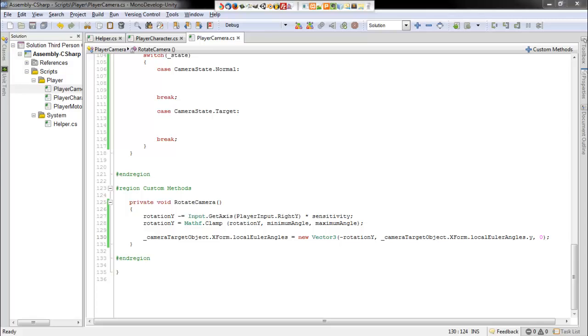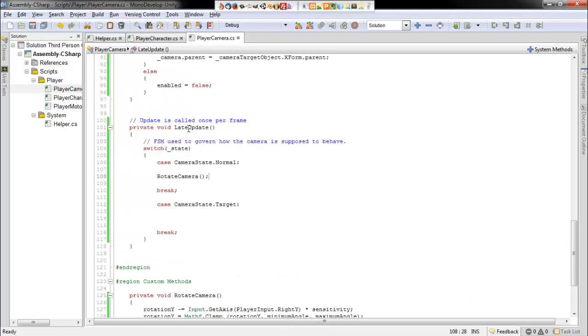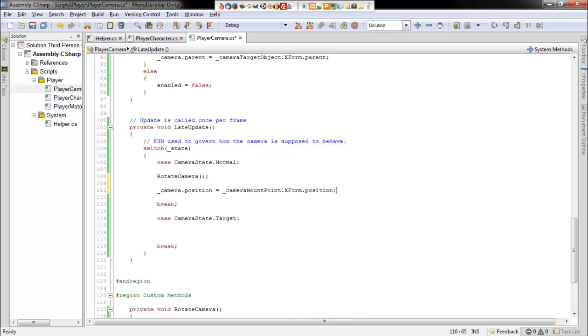And now we want to go ahead and call this method in our normal state. That way, because this is in late update, anytime that the camera state is normal, whenever we move the right stick up and down, it'll go ahead and rotate that camera for us. And we want to set the camera position to be equal to our mount position. So whenever it's in the normal state, our camera mount position, the object that we place with our struct,